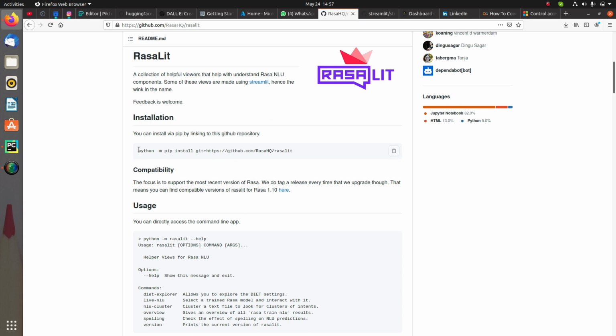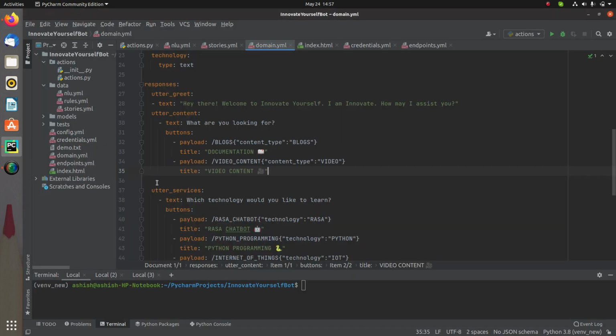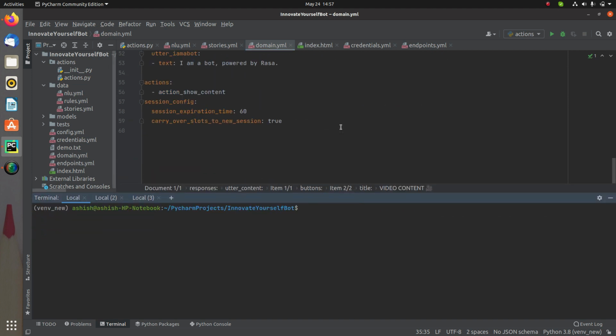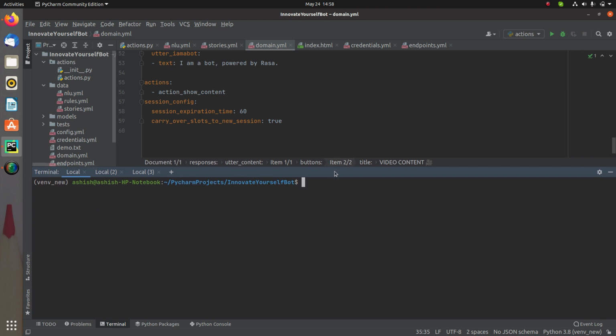So firstly, you can see this is the first command over here. You have to install it in this way: python -m pip install, followed by the git repository. So in this way we are going to do it. Now go to the project. This is a project which I already have, and I think it is the project which I used in my previous session to deploy my Rasa chatbot onto the WordPress website. If you want to learn how to connect your WordPress website to the Rasa chatbot, you can refer to my previous video, and I will leave a link in the description for that, so you can check it. Now let's move ahead and do the installation.